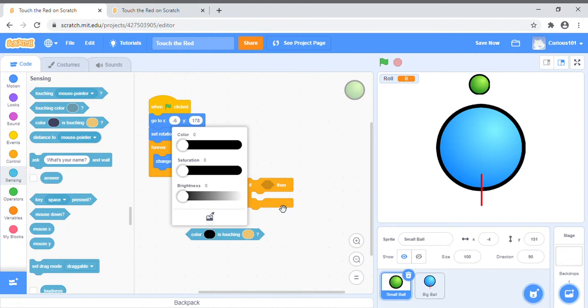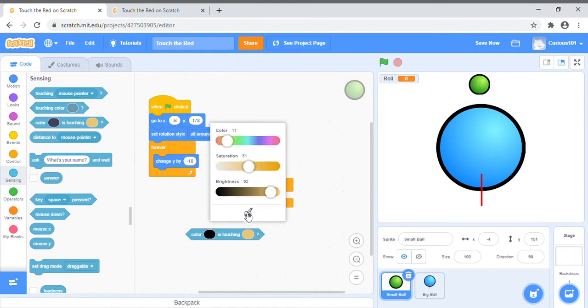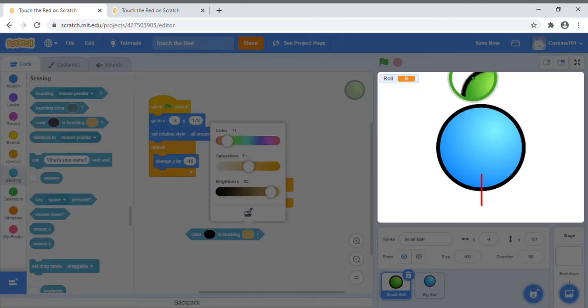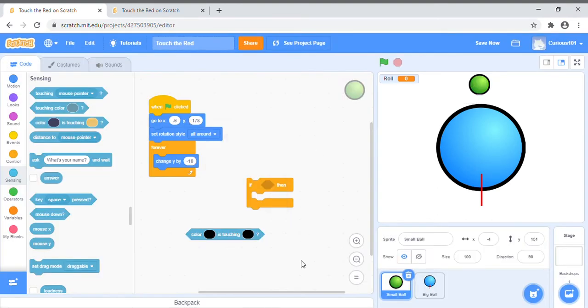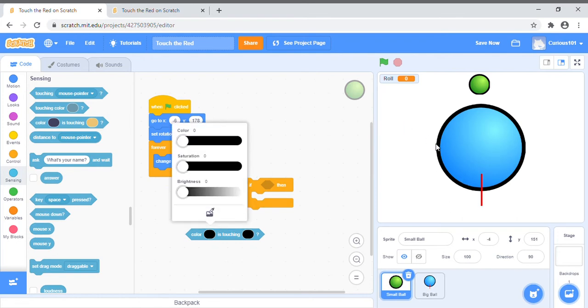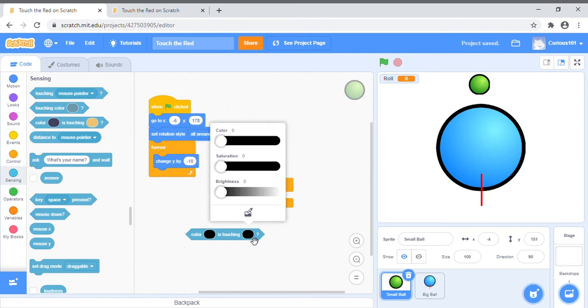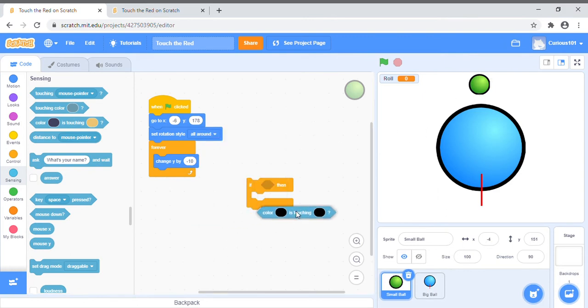What I just did there was I clicked on the dropper feature down here. Under color, saturation, brightness, there's a dropper feature, and I'm going to select the center of my border. So we're going to see color black is touching black. One of the black colors is from my blue ball. The other, my black, is from the green ball. So if the black is touching the black,